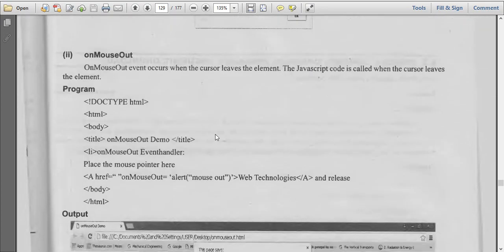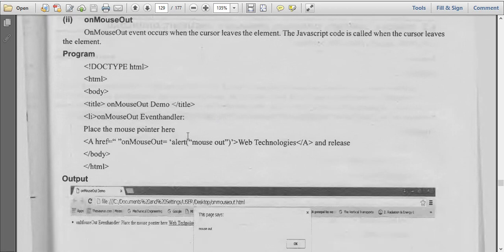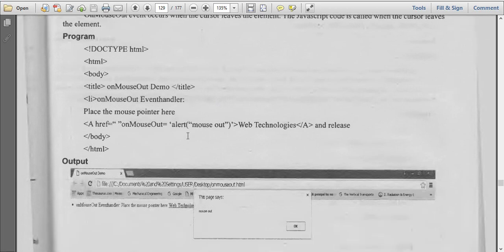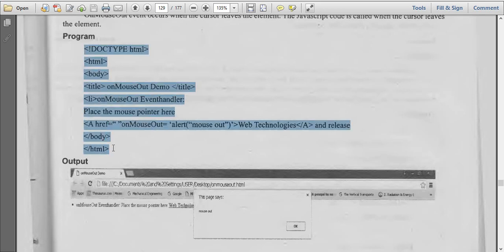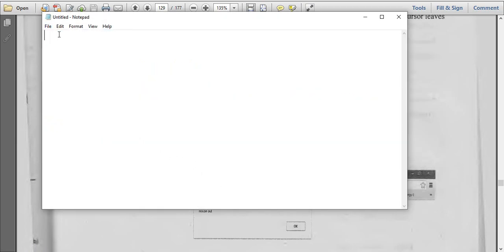And in the same way on mouse out. Place the pointer here, on mouse move. Save the program, file, new.